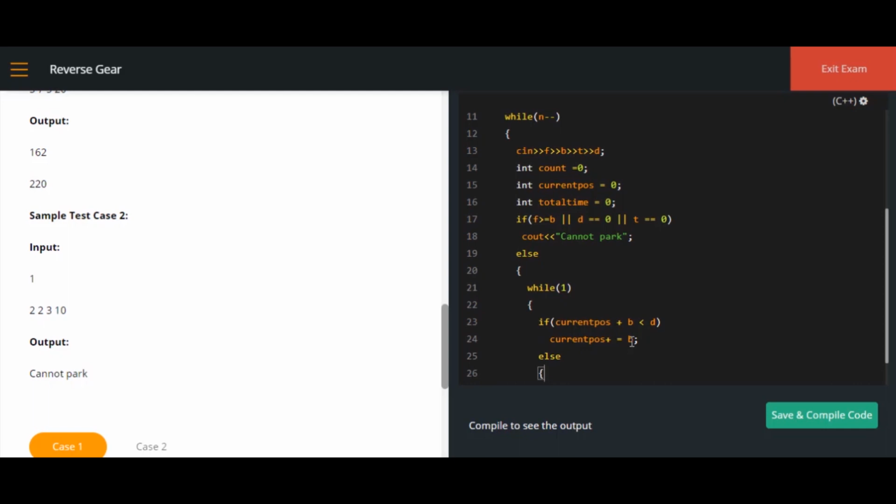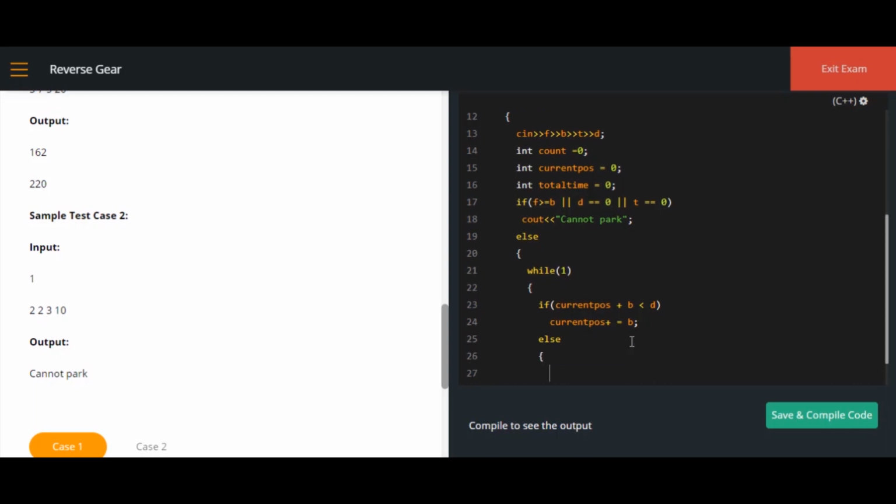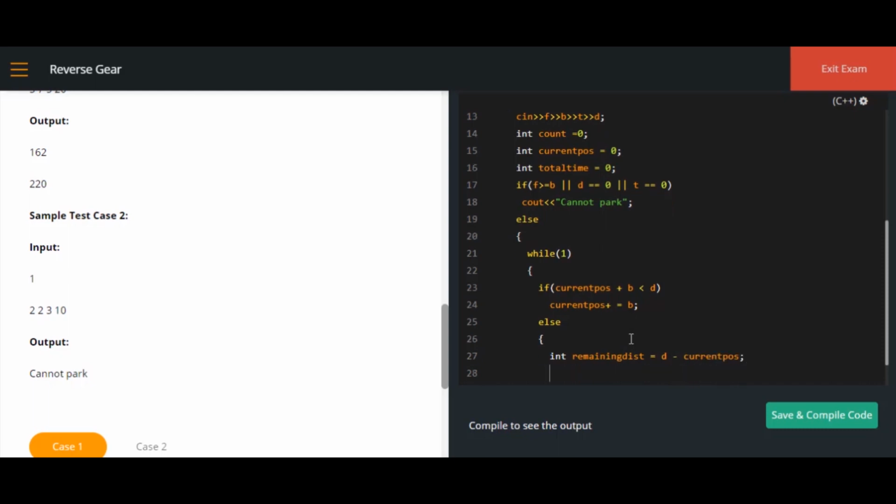If not, then we will have to calculate the remaining distance between the car and the wall. So I'll initialize a variable, int remaining distance. So remaining distance is nothing but the total distance minus the current position.